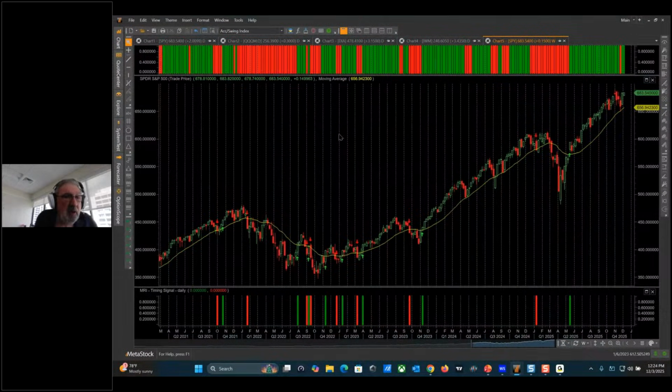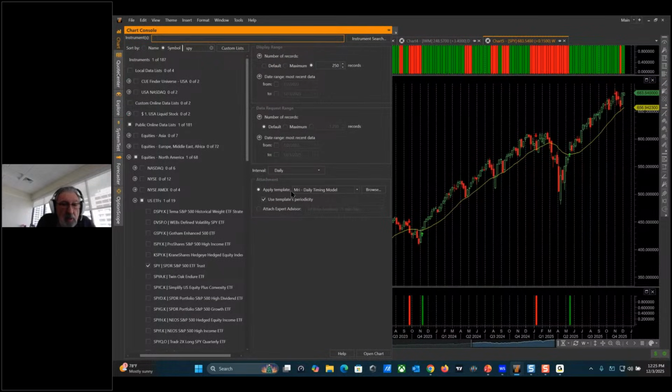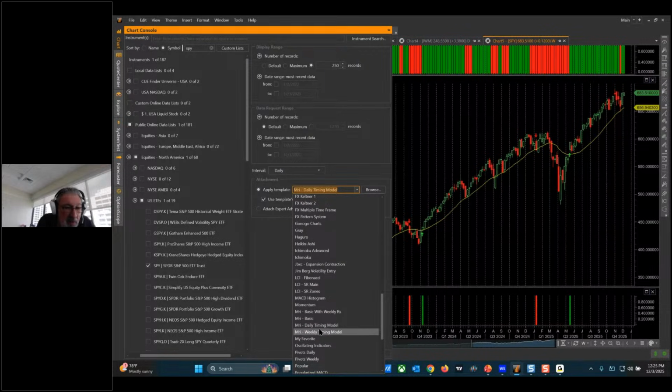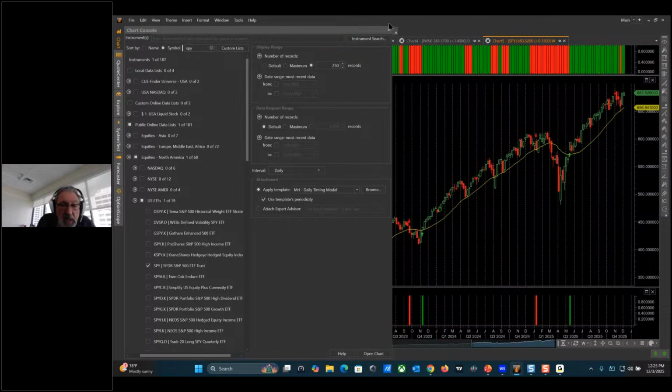So here, let me just go through the different things that I'm showing you. This is a chart of the spider. It is a weekly chart, and the template I applied, in the case of the weekly, would be the MRI weekly timing model. Okay, that weekly timing model